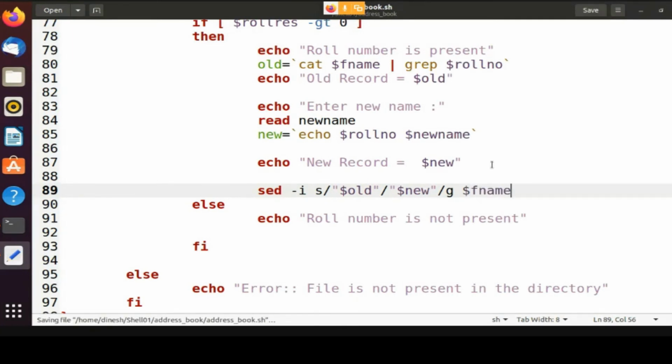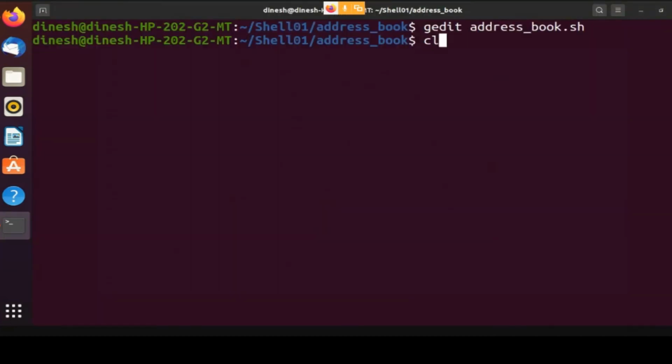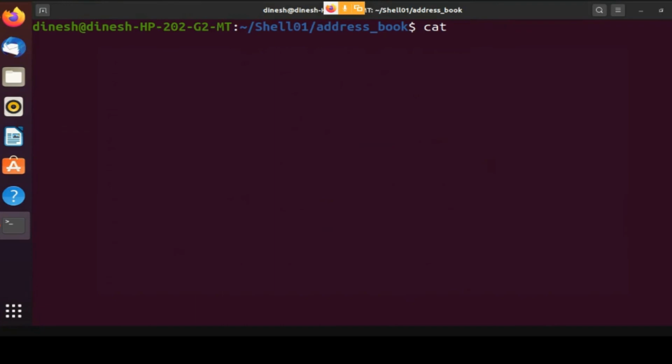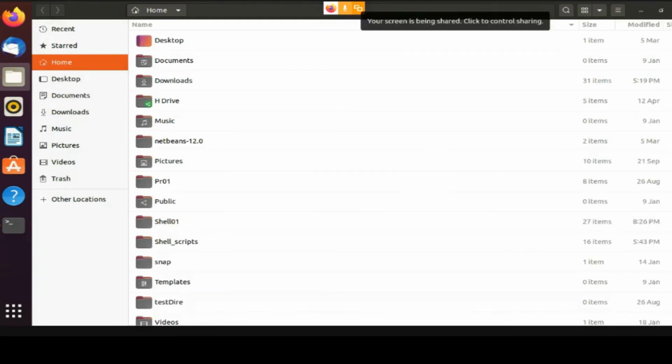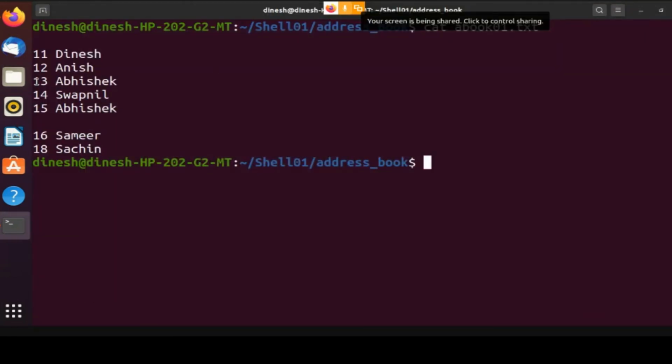I can show you this on the command line as well. Let's do it on the command line. So cat abook. Let's say I want to replace 13 Abhishek with 13 Abhi.